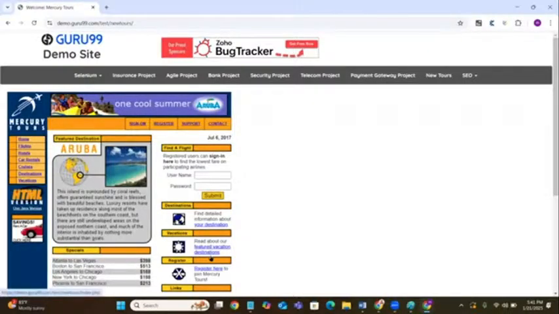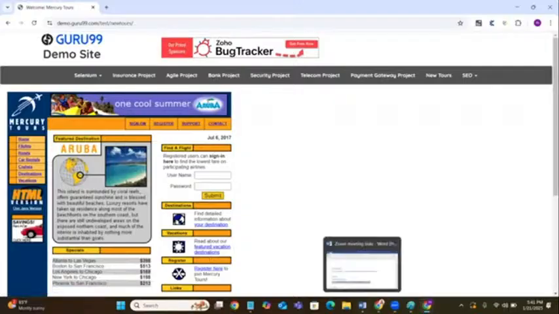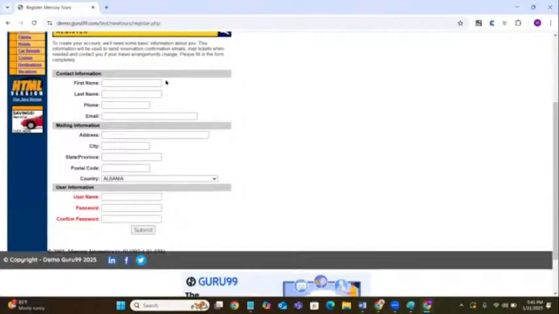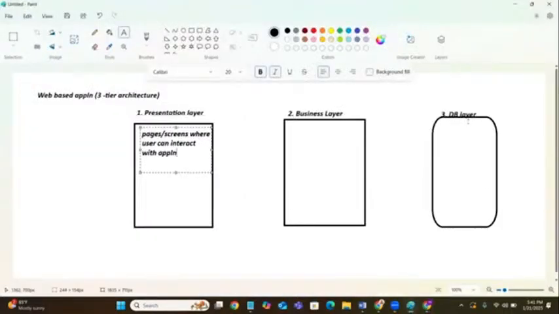Now if I go for the registration form, if I enter some values here, when I click on submit, somewhere it has to be saved in my application. That is nothing but what I'm going to call the database layer,